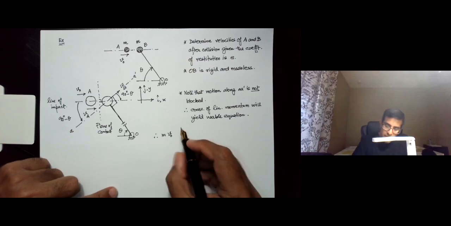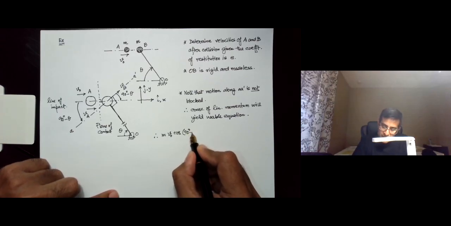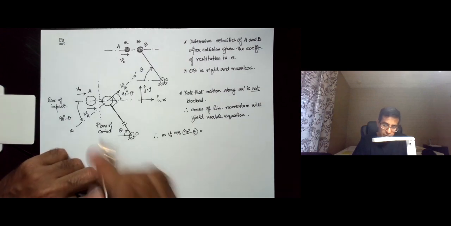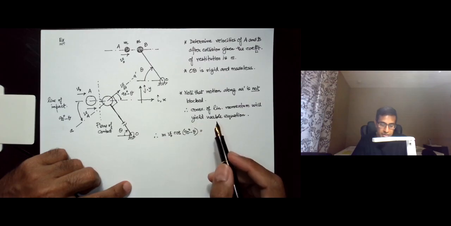So m v naught cosine of 90 degrees minus theta is equal to, now, the velocity produced in A after collision